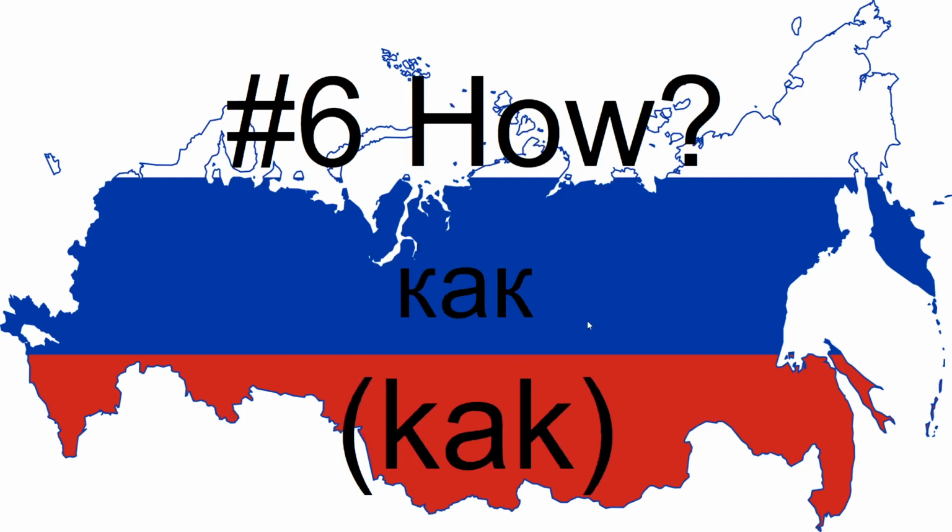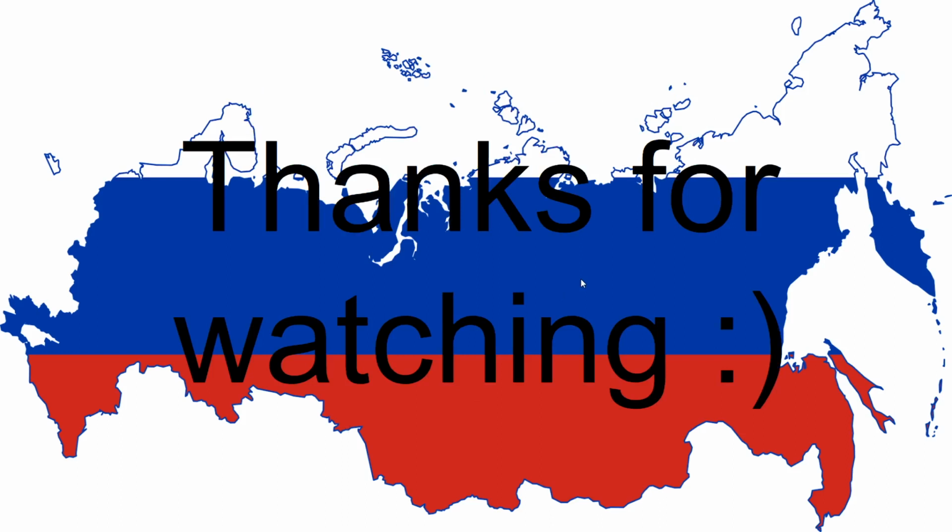Moving on, we have the last one in this particular list, which is how, which is just как. It's pretty much the same in Russian as it is in English. The Russian just has a slightly curvier looking K. Как, for example, как ты делаешь? How are you doing? Or как дела? How are you? Как ты? How are you? There's another way of saying how are you. Как дела is more like how are things, and как ты, or как вы, is sort of how are you in specific. That's pretty much everything.